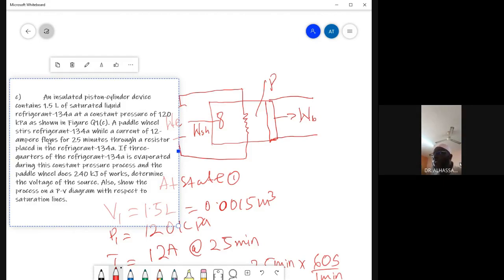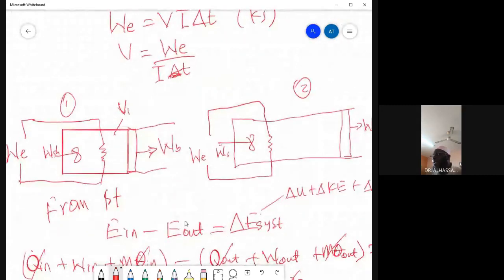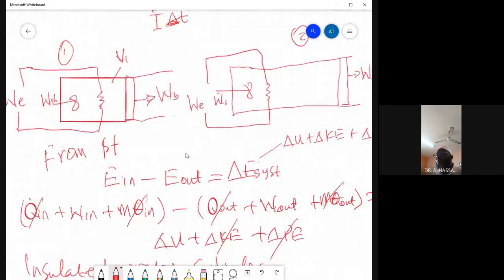A paddle wheel stirs the refrigerant while a current of 12 ampere flows for 25 minutes through a resistance heater in the refrigerant. If 3/4 of the refrigerant is evaporated during this constant pressure process. Okay, so it means that at the final state,